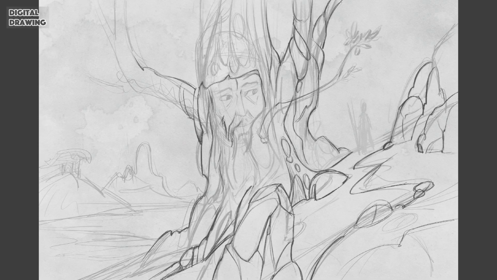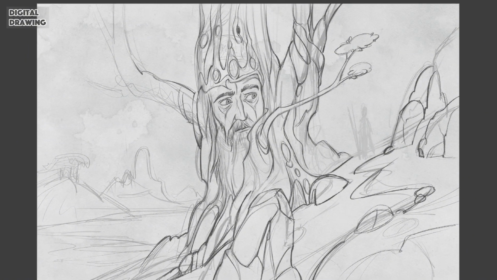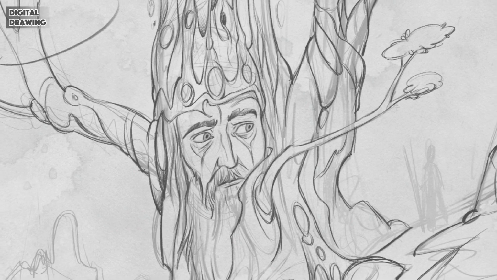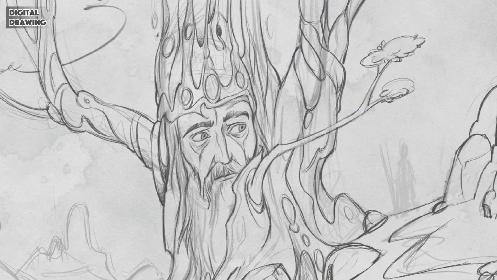First a layer with the rough sketch with reduced opacity, and above it I added the final or refined drawing, and when I accomplish all these parts, all what I would like to say in this illustration,